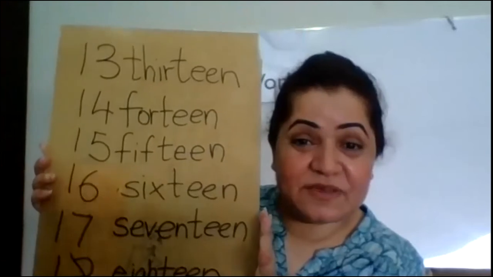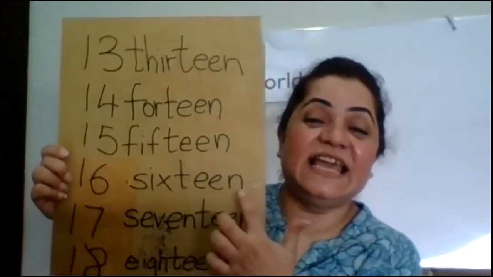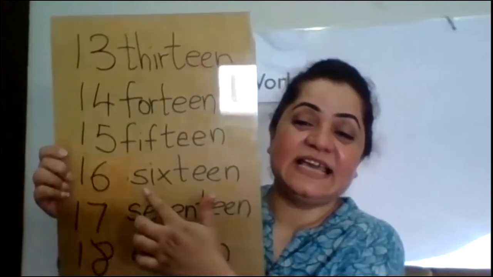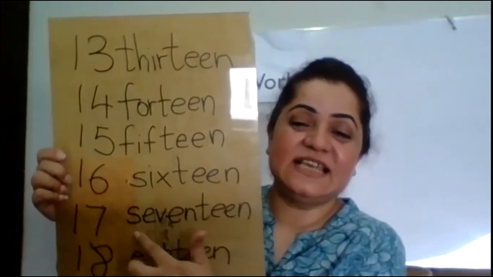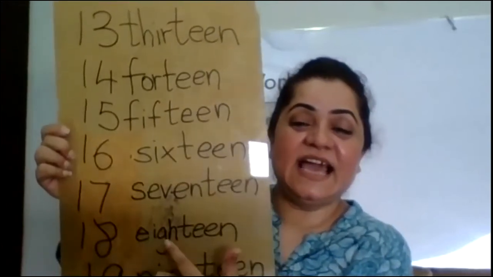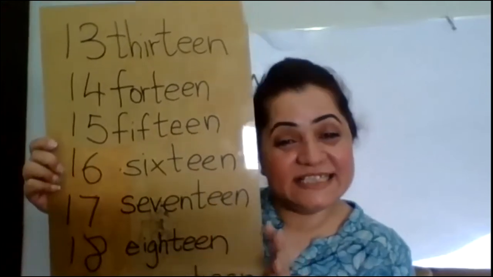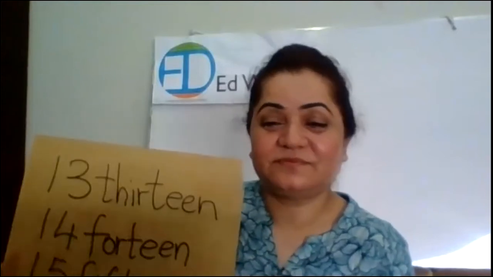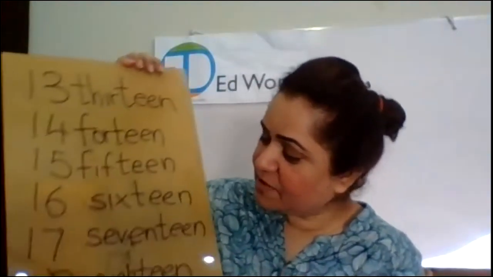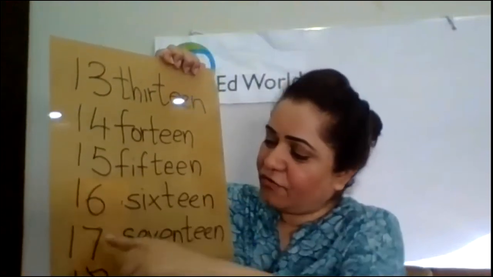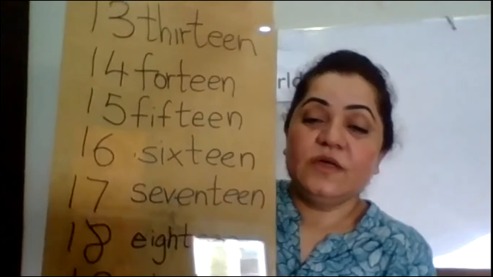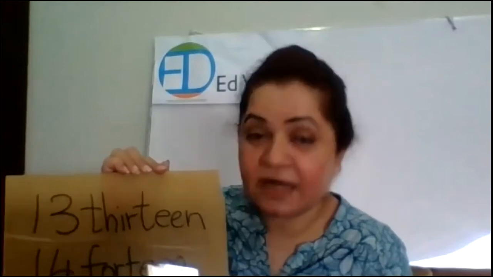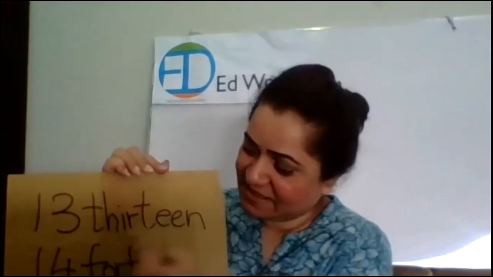So we call them teen numbers because it has teen at the end of every word we write, right? SIX, 6, teen. 7, teen. EIGHT, teen. That's why we call them teen numbers, right? So how many teen numbers are here? 1, 2, 3, 4, 5, 6, 7, right? So what they have common is that it has got number 1 before the number, and it has got teen after the number, right?